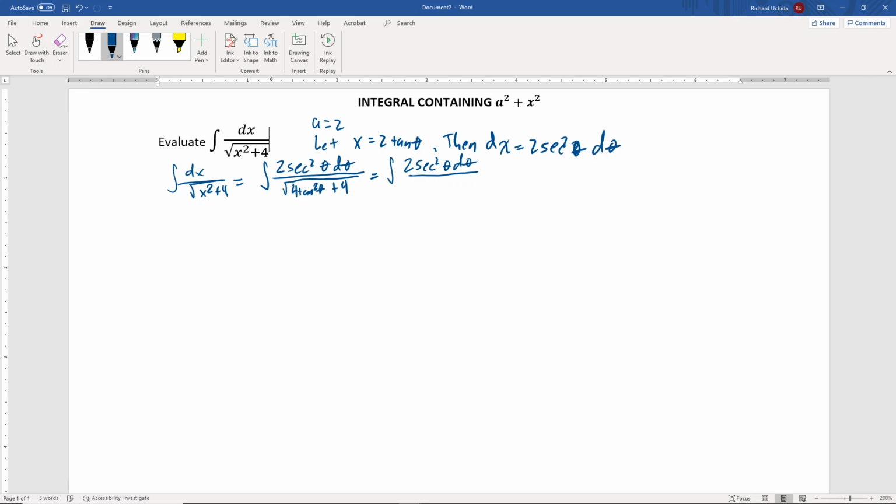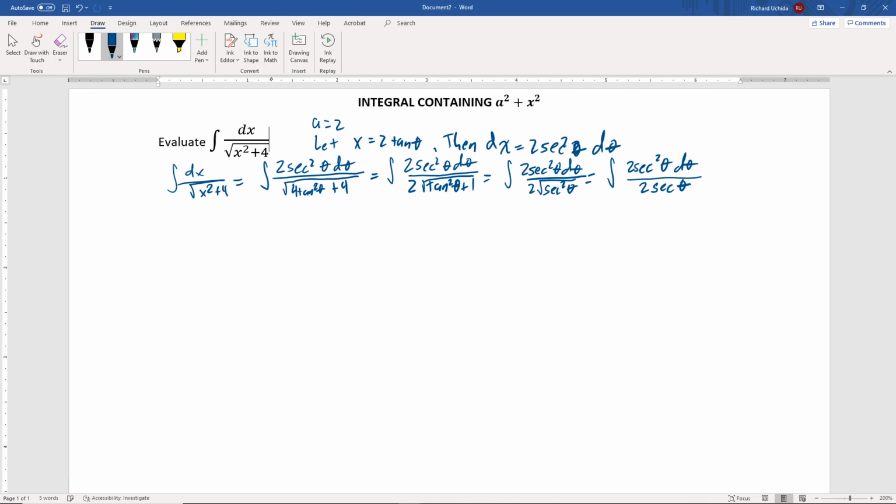Now we could pull out a factor of 4 outside the square root, but remember when you do that, you've got to take the square root of that 4, so that would equal 2. And then we'd have times the square root of tangent squared of theta plus 1, which is equal to the integral of 2 secant squared of theta d theta all over 2 times the square root of, instead of tangent squared of theta plus 1, we could rewrite that as secant squared of theta. And so we could then rewrite this integral as the integral of 2 secant squared of theta d theta all over 2 secant of theta,